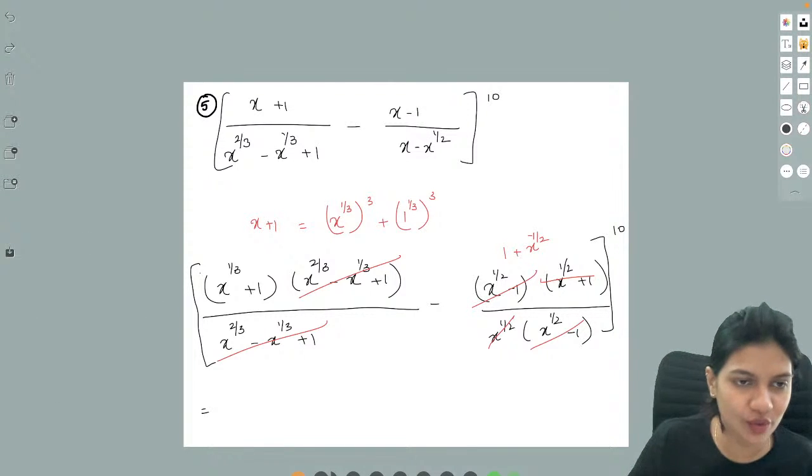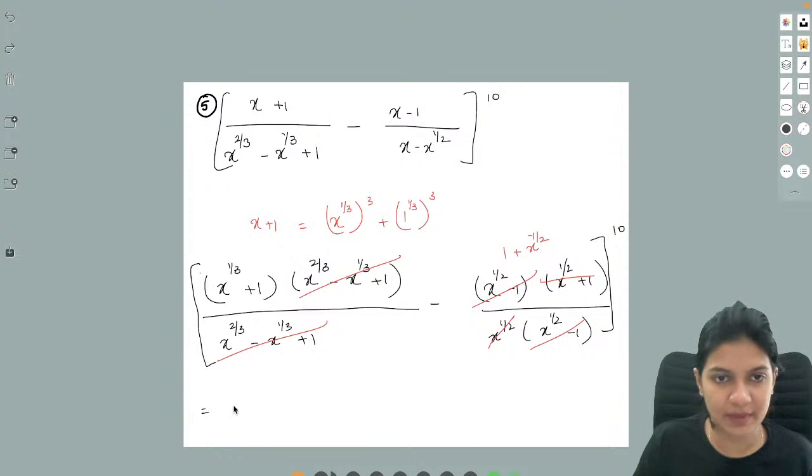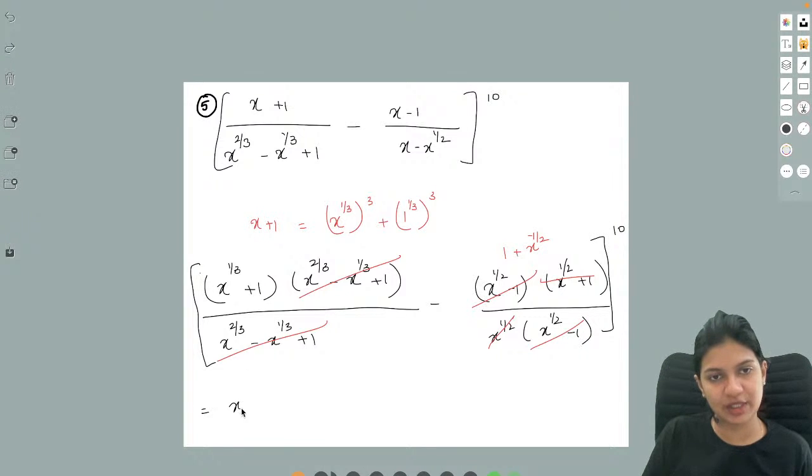Okay, so this will become x to the power 1 by 3 plus 1